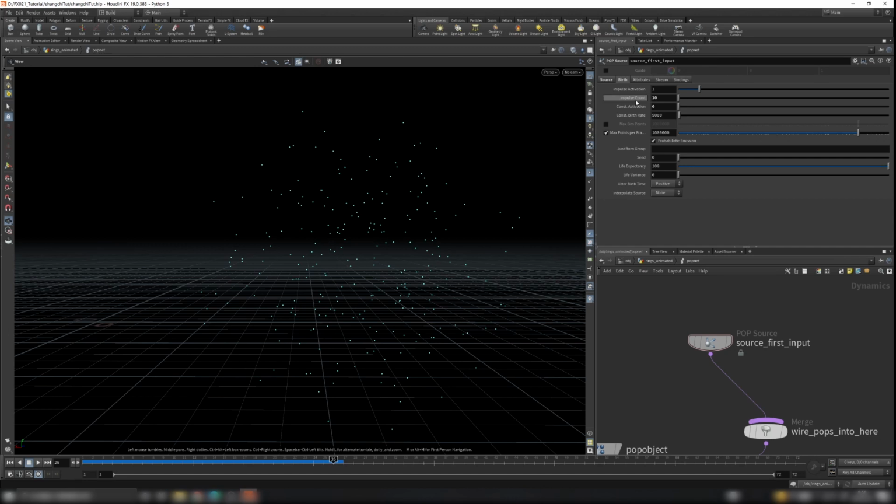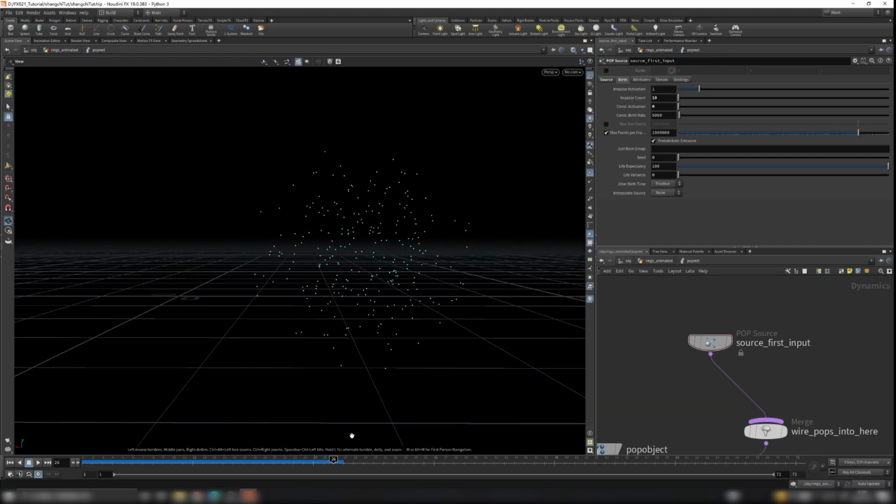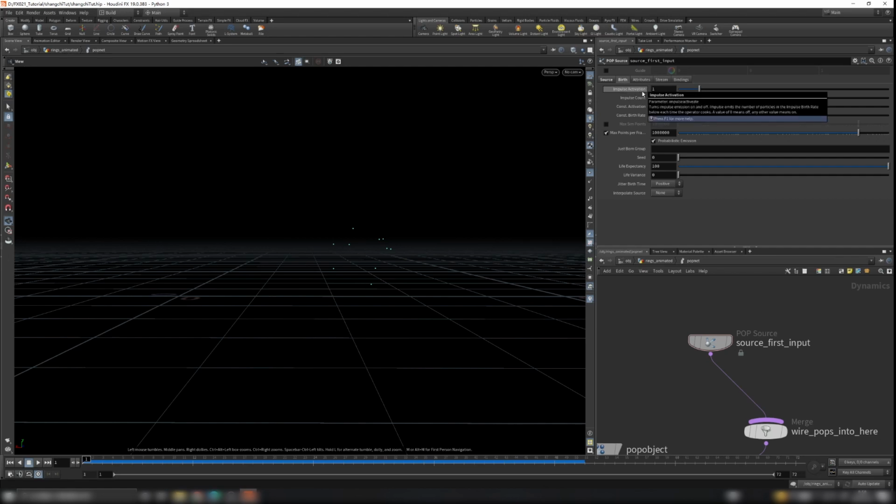So why we have count 10 but it's still emitting that many particles, it's because when you hover your mouse on the activation here, you can see 1 means on, 0 means off, and it means it will emit particles every second. The constant activation here will emit 5,000 every second, and this one here will emit 10 particles every frame. So we only want to emit 10, so we only want to emit on our first frame. So let's write $F equals 1